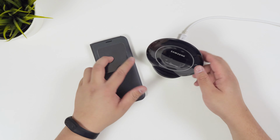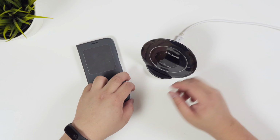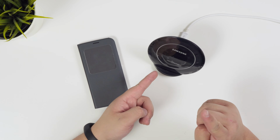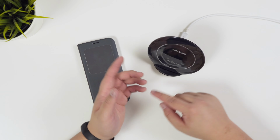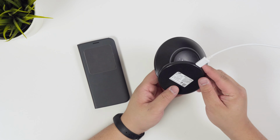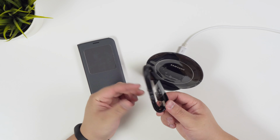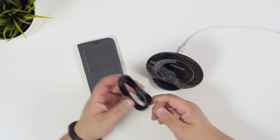That's just the Samsung fast wireless charger. For Galaxy S7 Edge, S7 works as well, the Galaxy Note 5, and pretty much anything with Qi technology. As you can see at the back, it's got that Qi logo there, so it'll definitely work. But I'll be using this with the black cable that came with this specific company,